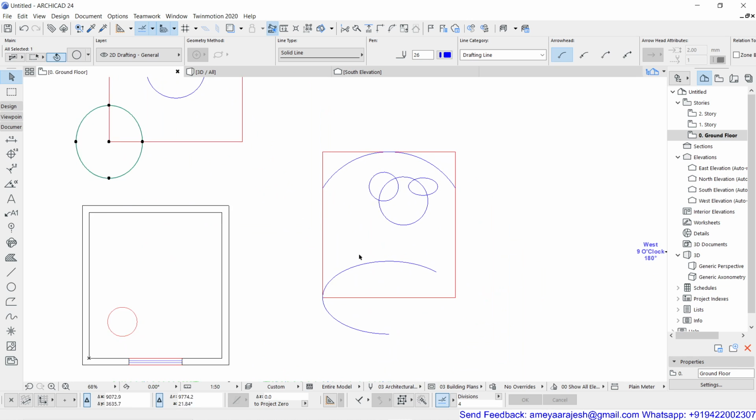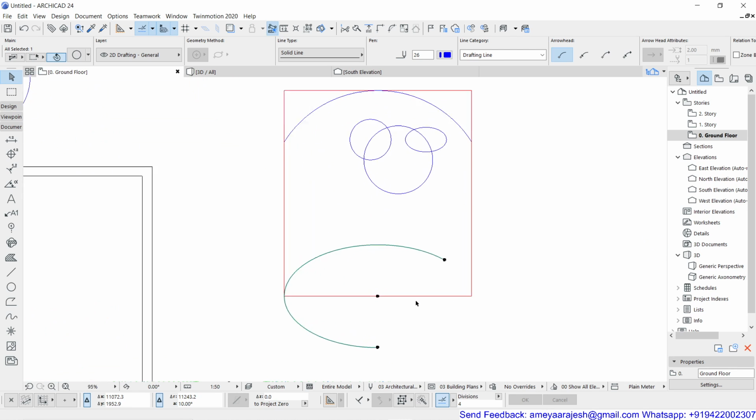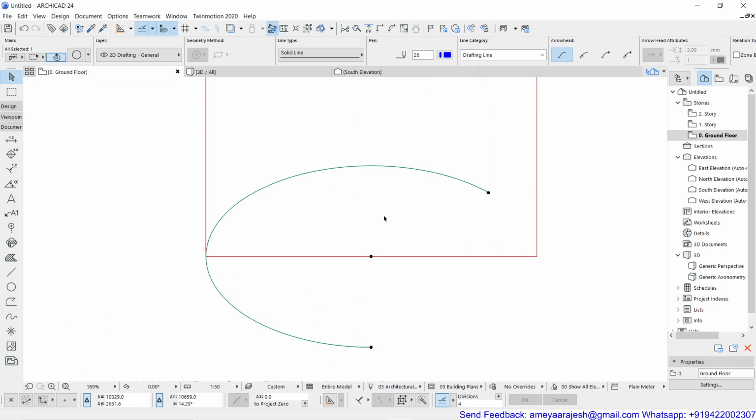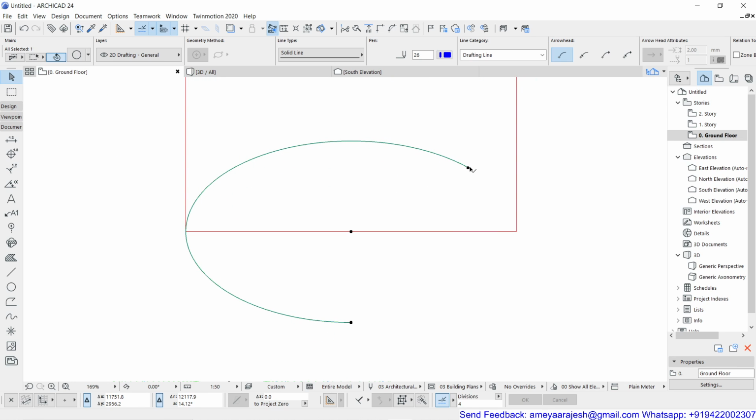Now if I select this elliptical arc and click on one of its end nodes, in the pet palette along with the standard four, I'll get this angular stretch again, which you know very well now. You can convert this into an ellipse if you touch the other endpoint, or otherwise you can redefine the elliptical arc by using the included angle. Okay, so this is what you are going to do.